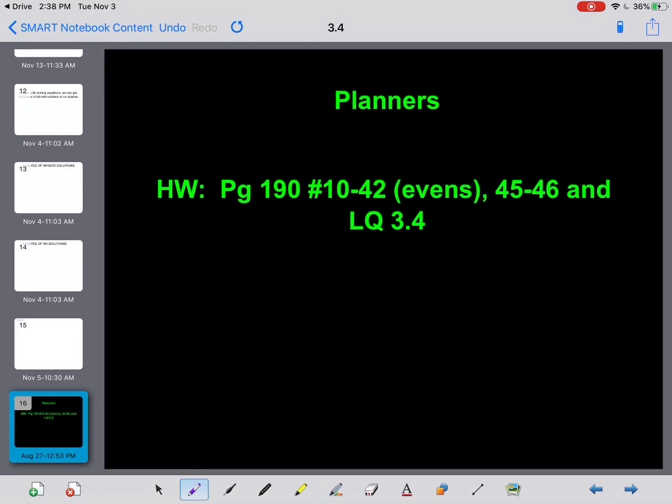All right, because this is split into 2 parts, the assignment for the full lesson